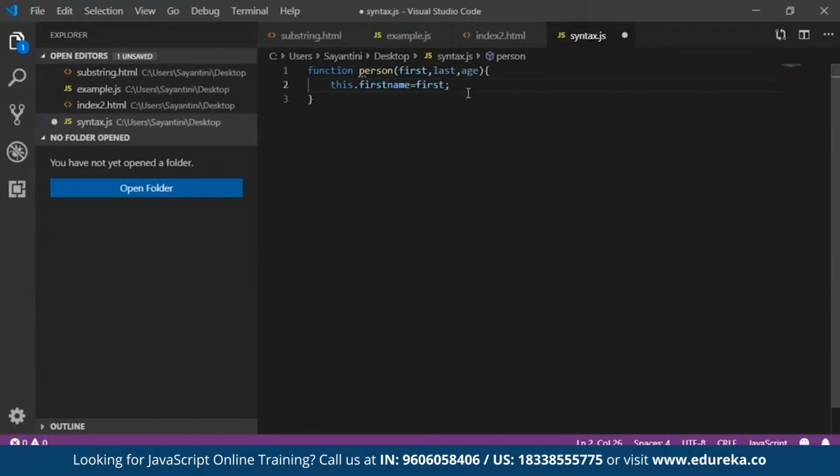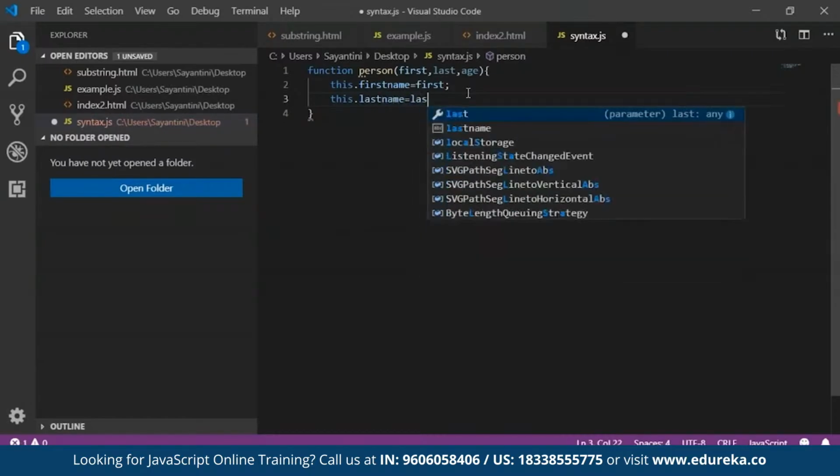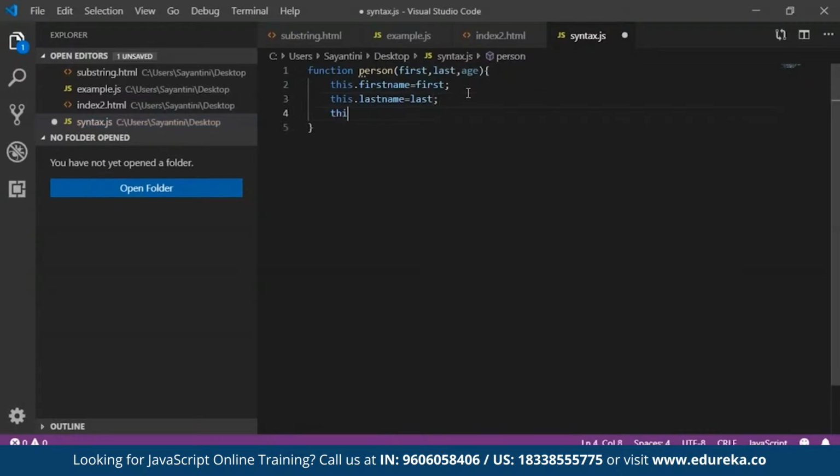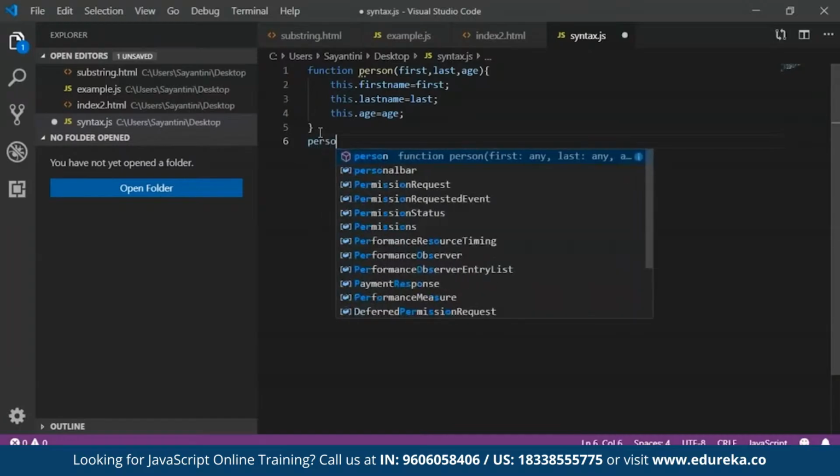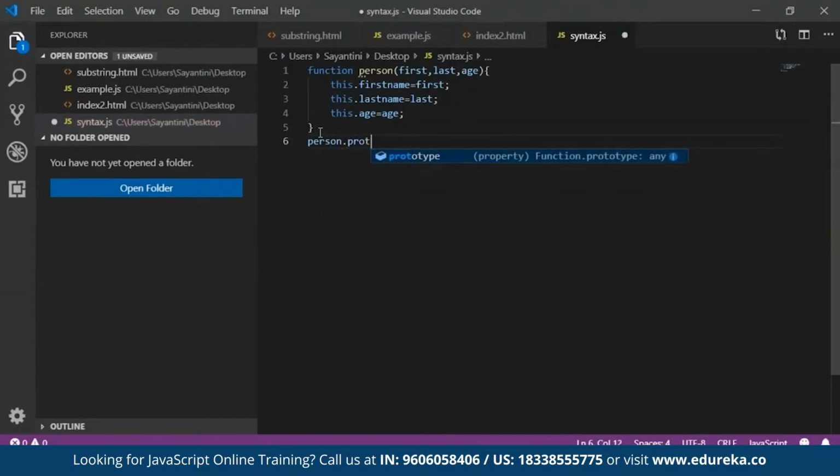So the parameter first represents the first name here, and then I'll take this keyword again and create another constructor as last name and point it to last. And in the same way, this dot age is equal to age. Now what you can do is you can take the help of the prototype and just add another property in your object. So all you'd have to do is take the object name, that is person.prototype,